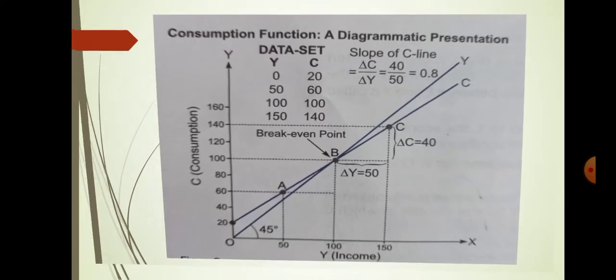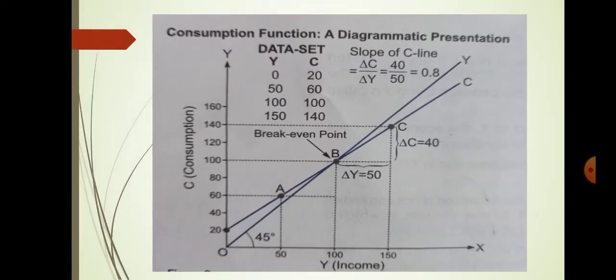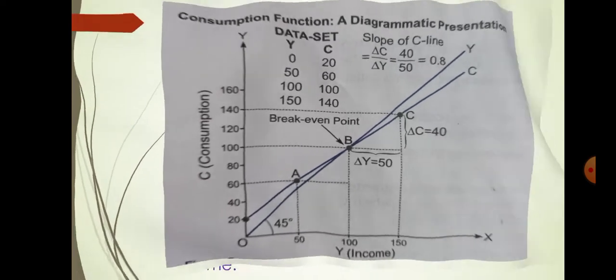It can also be presented by a diagram. Here we see in the diagram the axes are X and Y. X-axis shows the income and Y-axis shows the consumption. A line making an angle of 45 degrees and emerging from the origin is drawn as the line of reference. It indicates the equality between consumption and income. And the C line represents consumption function, indicating the behavior of consumption with respect to Y.